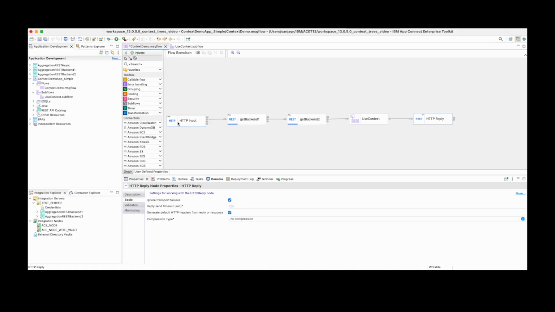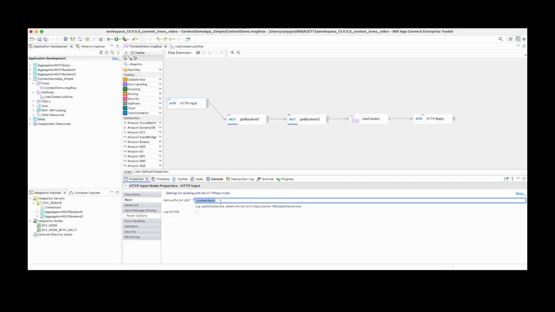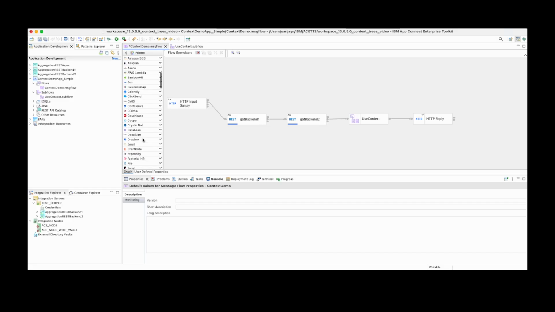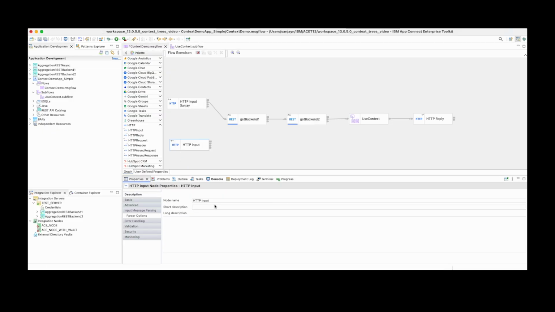And I am also going to add an extra HTTP input node. So if it's currently called HTTP input, I'm going to change that to HTTP input Sanjay, and I will add an extra HTTP input node, and I'll call it HTTP input Ben,